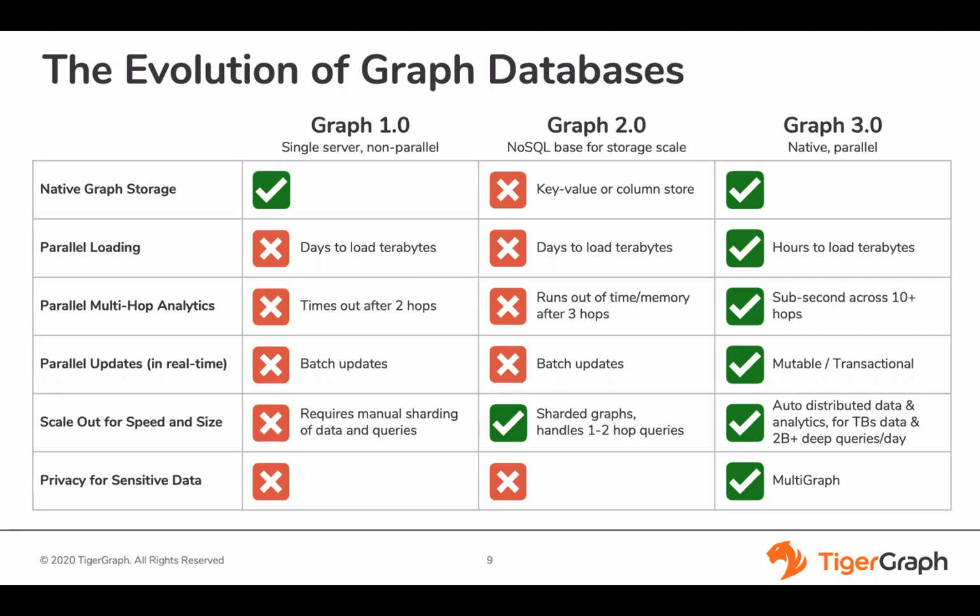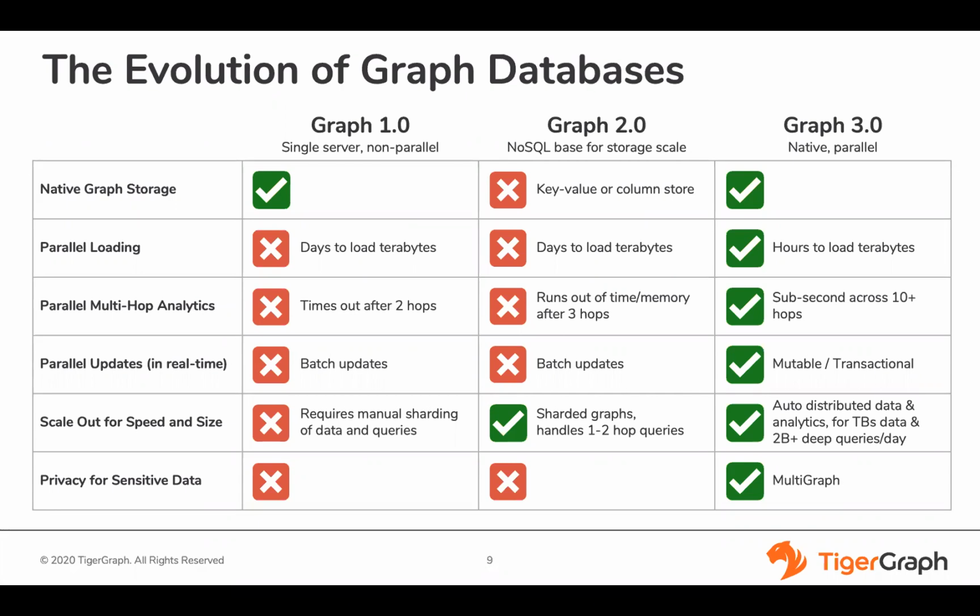Graph 2.0 technologies such as DataStax are built on top of NoSQL repositories such as Apache Cassandra. They solve the data loading problem. You can load terabytes of data into Graph 2.0 technology easily. However, they aren't designed for real-time updates of the graph data. As you have new calls, payment transactions, orders pouring in, it is not possible to update the graph in real time. Graph 2.0 technologies are also poor at handling complex queries that follow 3 or more hops across the network. As fraudsters and money launderers use increasingly complex multi-layer networks of identities and accounts, it becomes unlikely to spot these activities using Graph 2.0 technology.